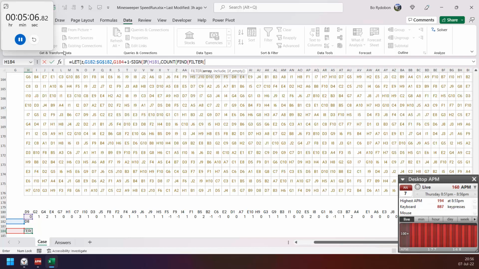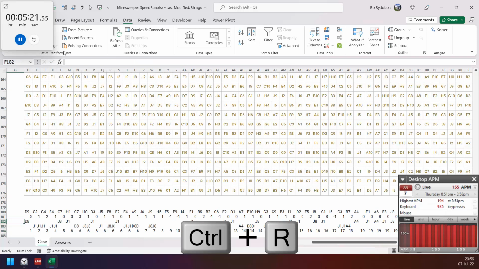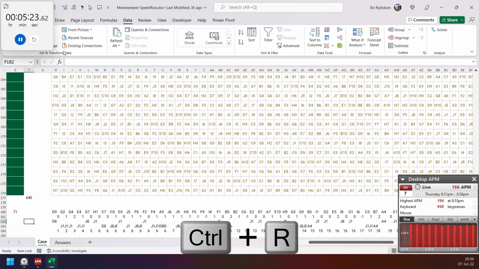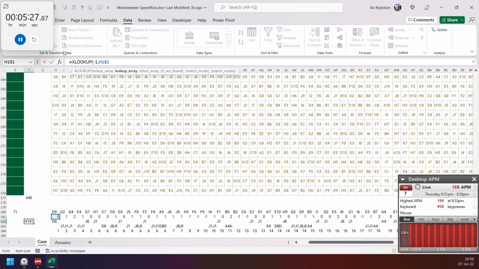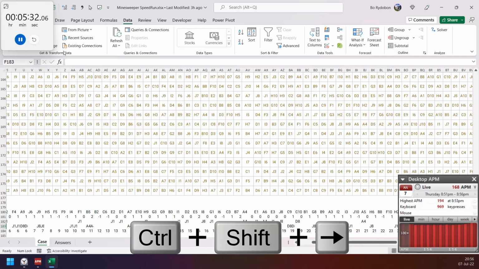So COUNTIF free move. Okay, then just copy to the right and XLOOKUP on -1, which is bomb in this, and return me the turn here.